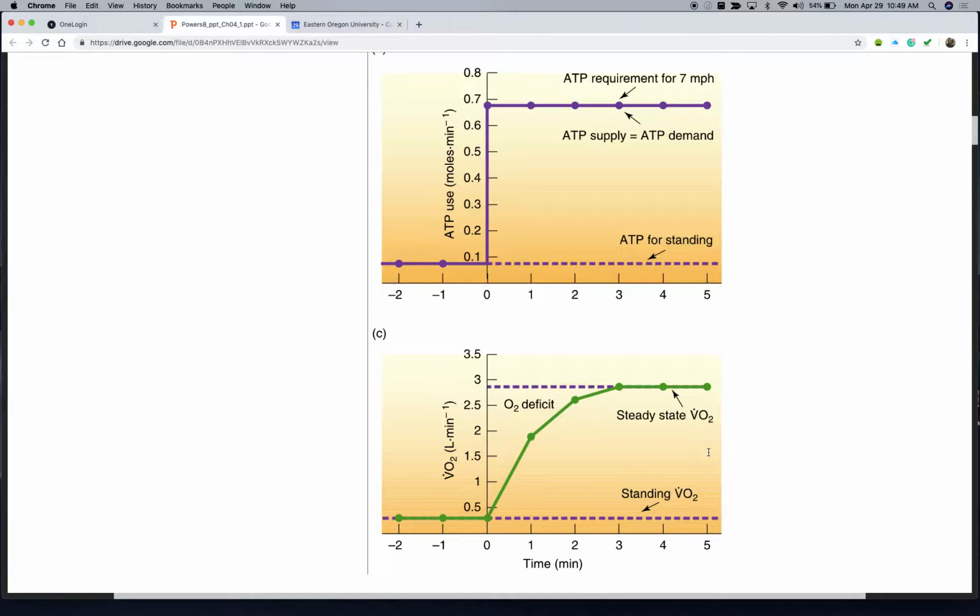And then afterwards, I run, and then I just stop. Am I producing any more muscular work that my body needs to meet? I'm standing still. No. The answer is no, right? But what still continues with your heart rate and your breathing? They're still elevated for a certain amount of time, right?